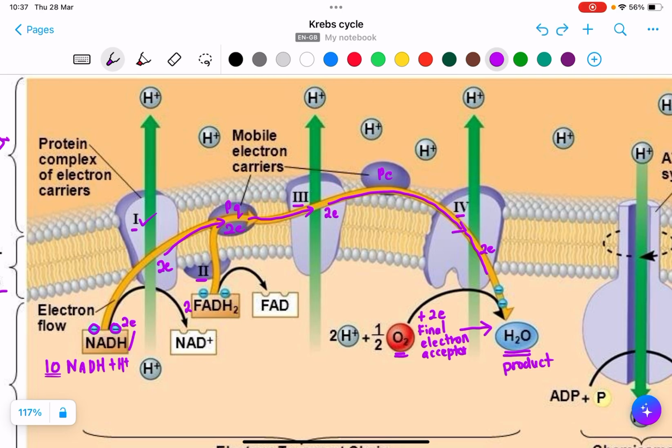I'm going to use a different color so you can see it clearly. So complex 1, complex 3, and complex 4, where the electron is moving, will release energy. Complex 1, complex 3, and complex 4 release energy to pump hydrogen ion